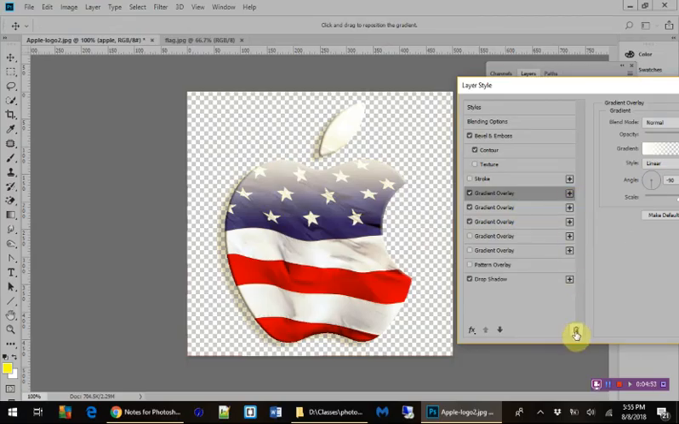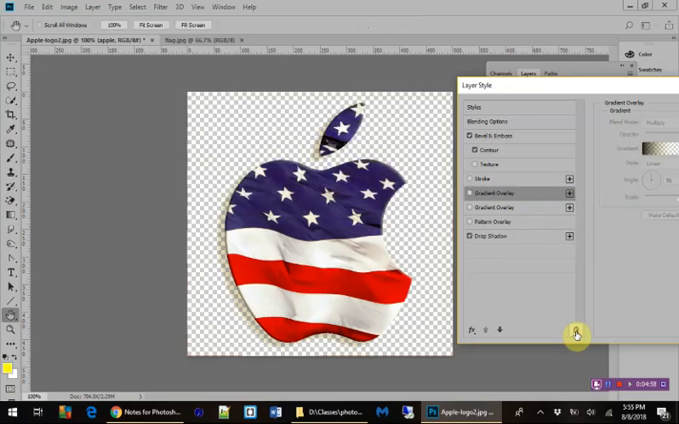Well, what I can do is either do a Control Z, don't want that. I can hit the trash can here, trash can here, trash can here, trash can there, and there we go. So that's how you do a clipping mask, and it gives you all sorts of